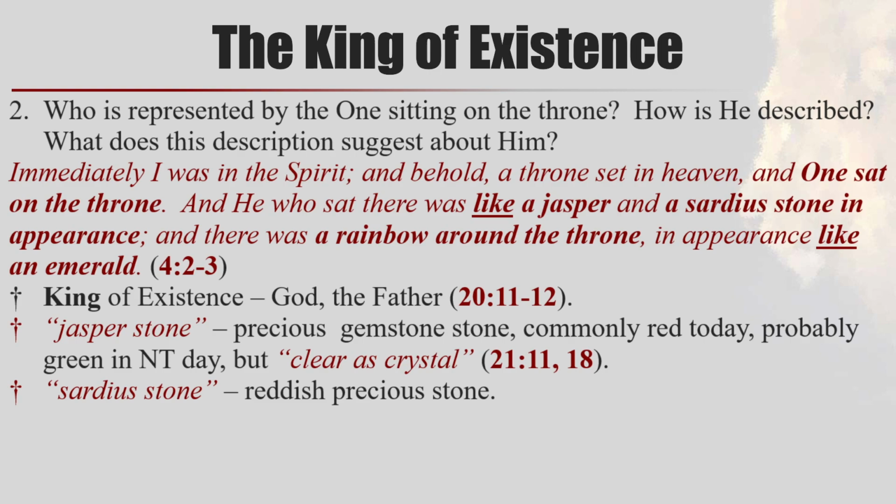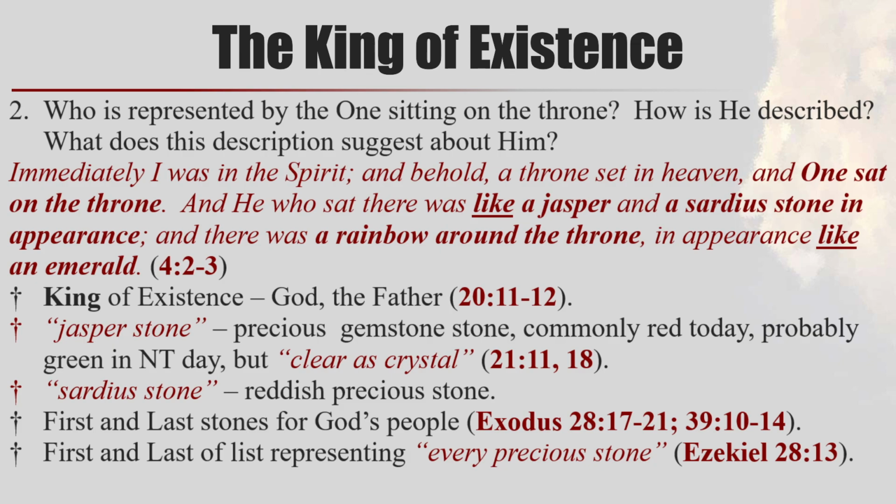This is a different kind of this. This is not unusual for Revelation. We're going to see at the end, when heaven is described as having a street of gold, it's also going to be described as being clear as crystal. I've never seen gold that's transparent, but that's how this is described. So I'm assuming this is luminescence, where it's both very bright and shiny, but yet you're able to see through it as well. The sardius stone is a reddish stone that's also very precious and valuable as well.